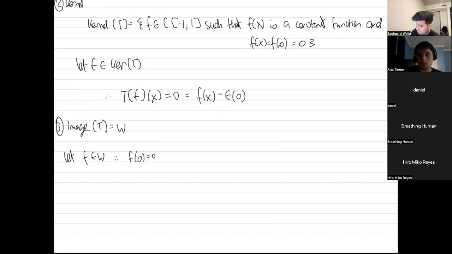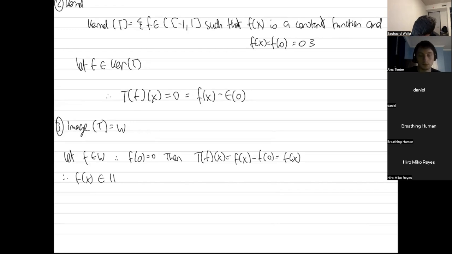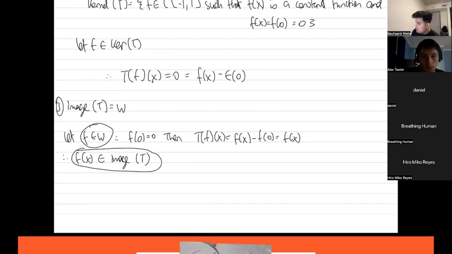f(0) is equal to 0, then T of f of x is equal to f(x) minus f(0), which is equal to f(x). Therefore, f(x) is a part of the image of T. There isn't really anything we're proving here, just need to state that this holds. So here we've shown if f is a part of W, then f is a part of the image, right? Now we're going to say,